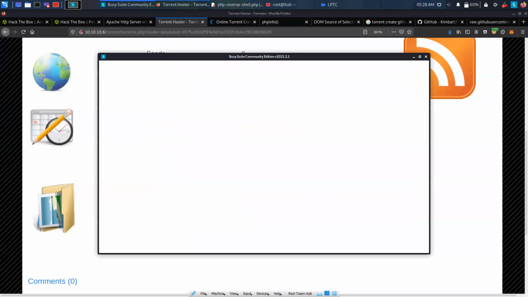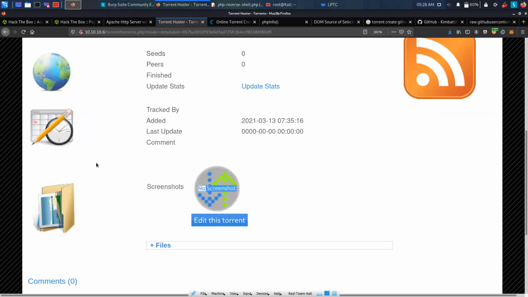So let's just understand what Burp Suite is. Burp Suite basically allows us to see requests and responses, which I will show you in a minute. And we will be intercepting a POST request because, as you can see over here, the screenshot was being sent to the server, and we won't be able to see the details in the URL. So it is a POST request. And Burp Suite is very helpful to see POST requests because it allows us to edit all the POST requests and see what is going and what is actually coming back.